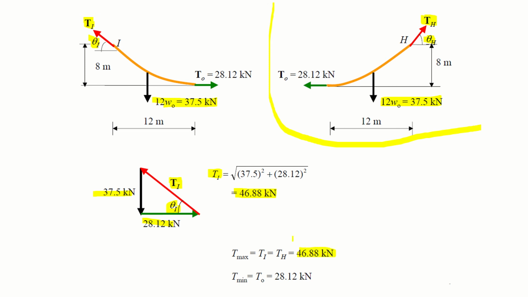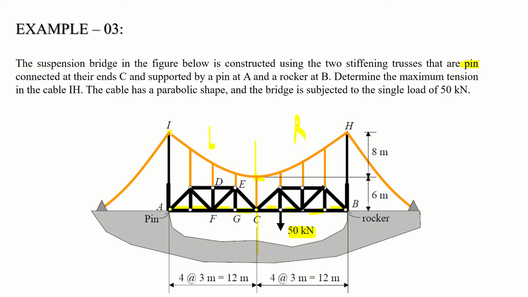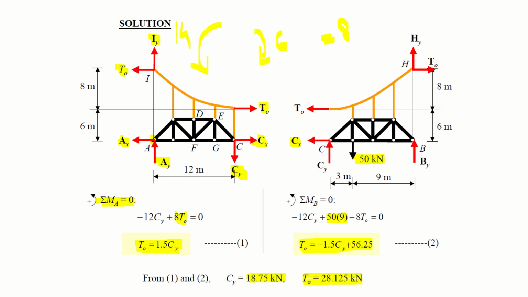So previously the value of T naught was 28.12. However, here the value of Ti and Th is 46. So this is the maximum value, which is 46.88. So Tmax is 46.88, which is at the points I and H. And the minimum value is here, because here the slope is maximum and here the slope is minimum. Okay,